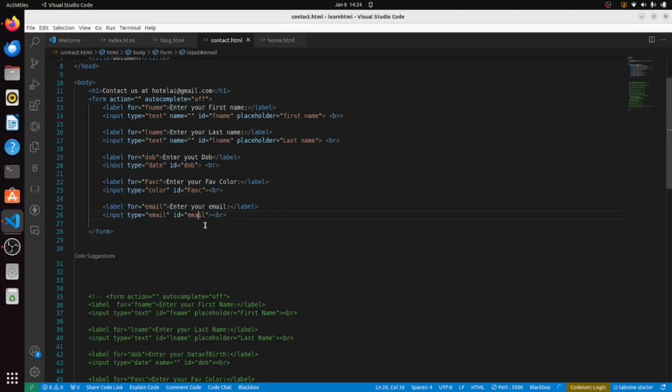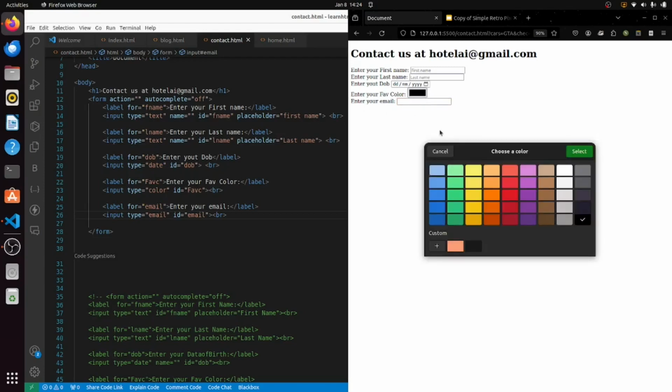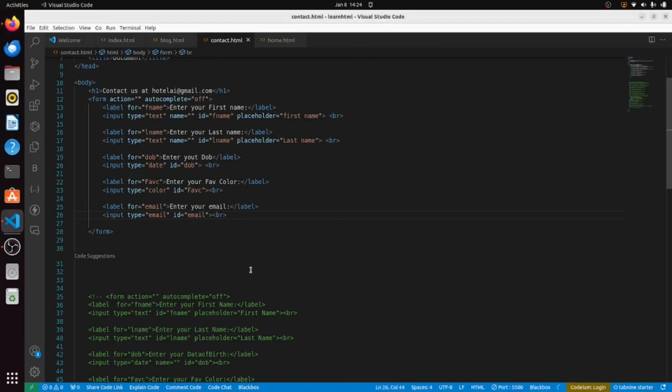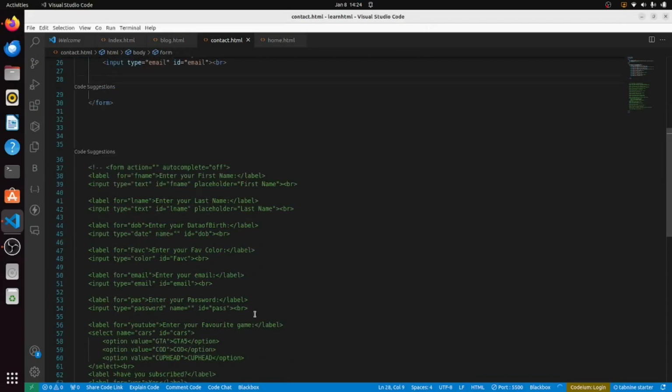This label is changed with the input type. This will lead to, when you click on enter your email, this input field will be active. When you click on this, this input field will be active. It's like respectively: this one, this one, this one, this one, and this one. Now I will just skip some part and move to the